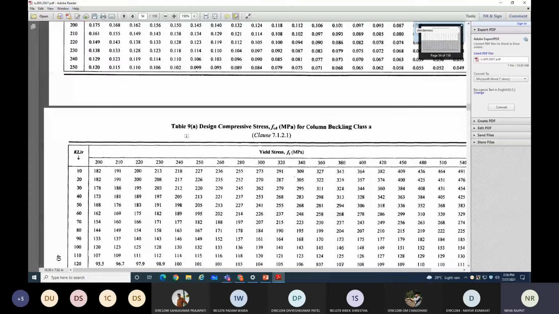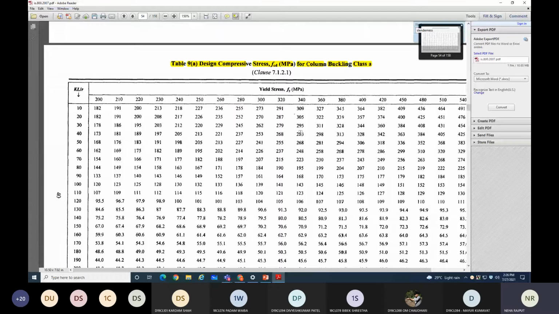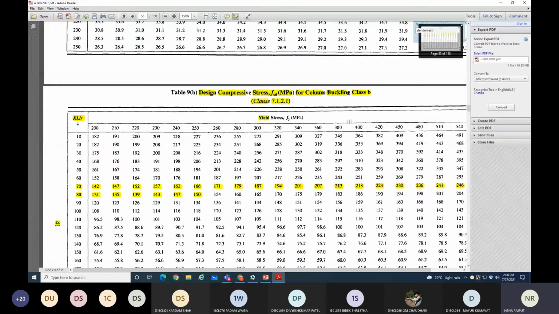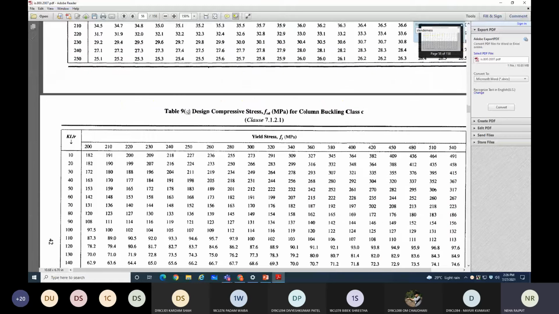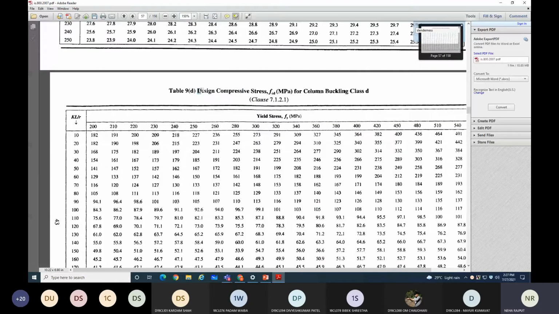This is Table number 9A. From this Table 9A, as given, design compressive stress fcd in megapascal, meaning Newton per mm square, for column buckling class A. Here the same fcd value for column buckling class B. Then Table 9C, again the fcd value for column buckling class C, and again the design compressive stress value for column buckling class D. Right.